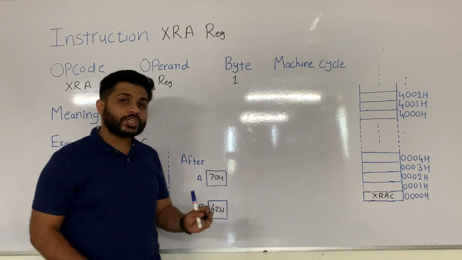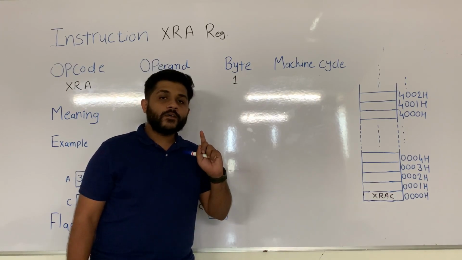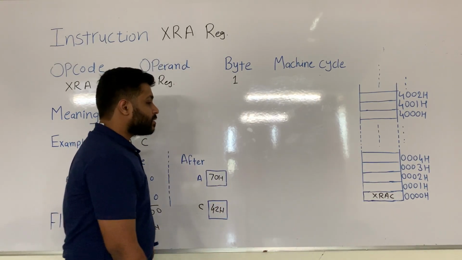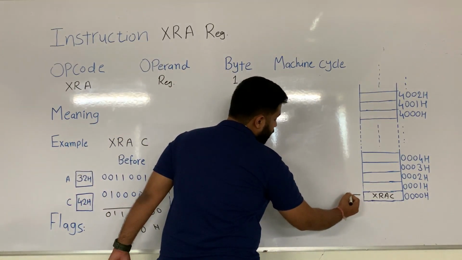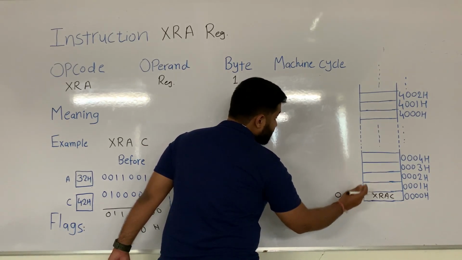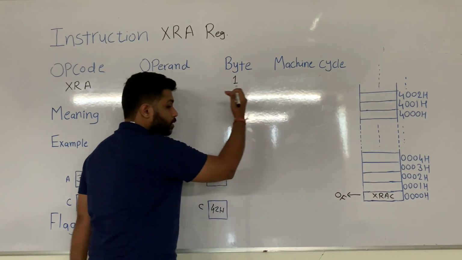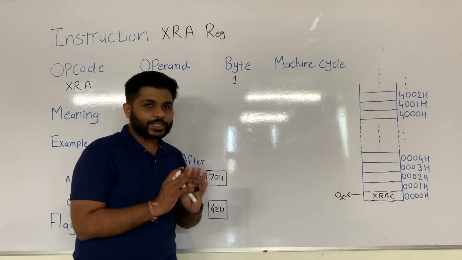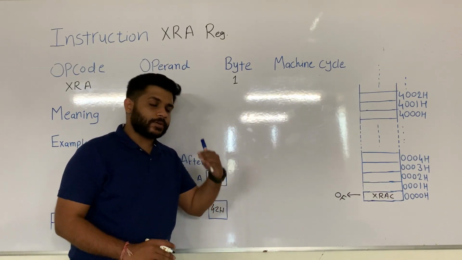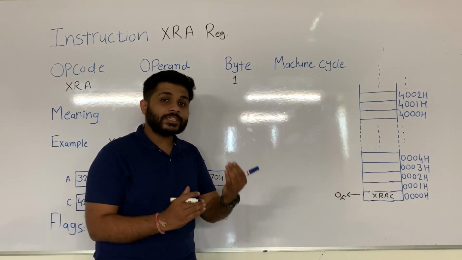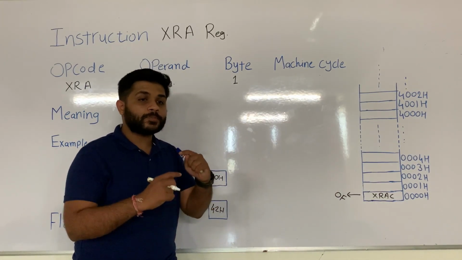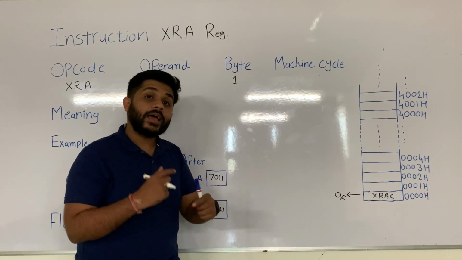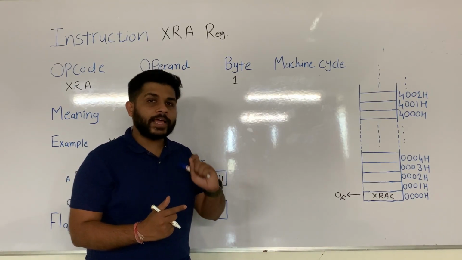After the instruction is stored, the processor will start doing its task, that is to fetch, decode and execute. To fetch the instruction, the processor will perform the first machine cycle, that is opcode fetch. Now when the microprocessor performs the opcode fetch, this whole instruction will be transferred from the memory to the microprocessor. After this whole instruction is transferred to the microprocessor, the processor will decode that instruction. After decoding, the processor will execute.